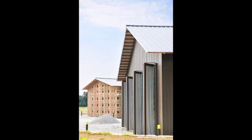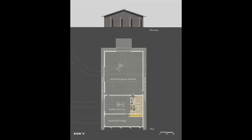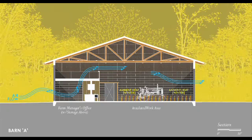So these are the two structures, and I'll just go through these slides very quickly. This is barn A. Barn A is basically a covered shed. There's a farm manager's office, an insulated work area, and tool storage. Again, using the very straightforward kit of parts, but then using very common or very simple techniques like through